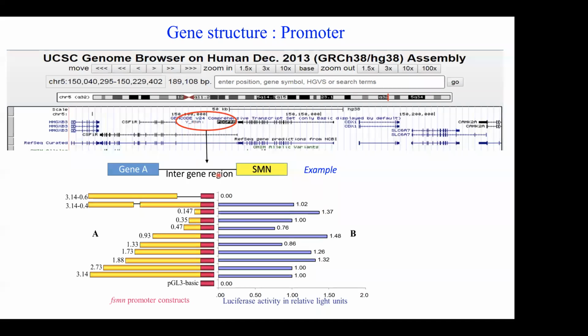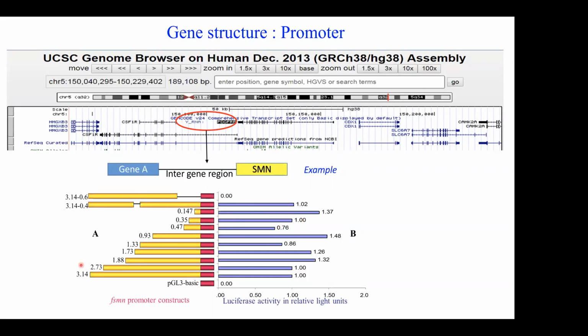So we don't know whether the whole promoter is within the region or it's a portion of these intergene regions. If you want to know the minimal promoter region, or where the promoter enhancer or promoter suppressor sites are located within these regions, you need to go for a molecular biology study, like promoter expression using luciferase or some other markers.